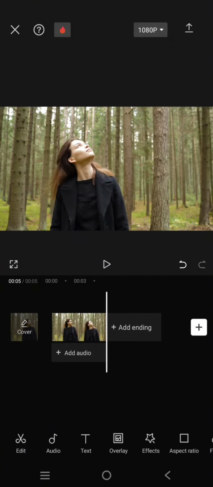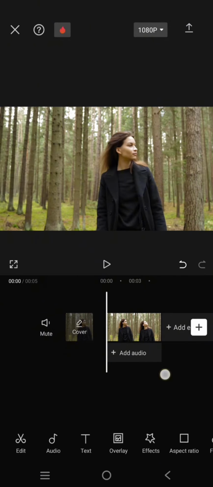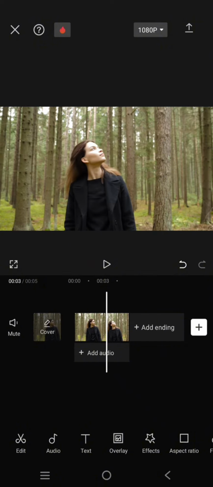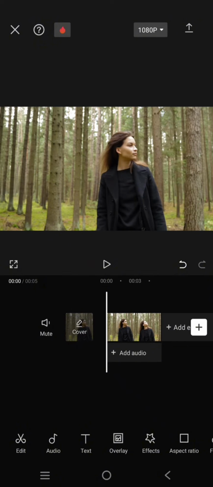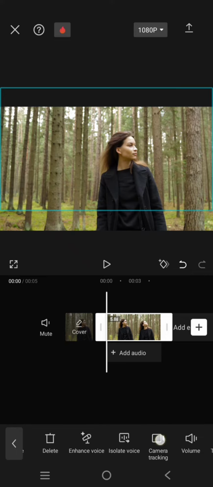On today's video, I'm gonna show you how you can blur the background of your videos to make it look like a better looking video. So here I've already opened the video on CapCut, and what you need to do is duplicate the video first